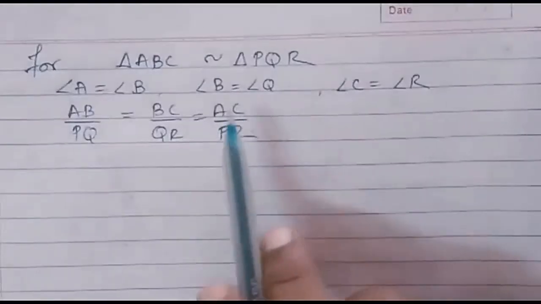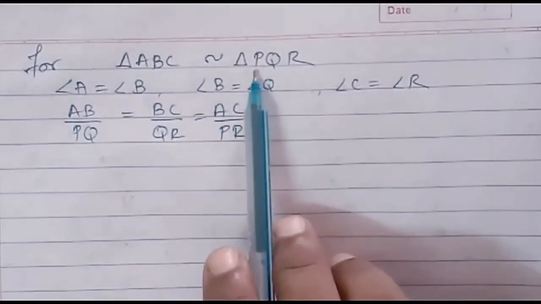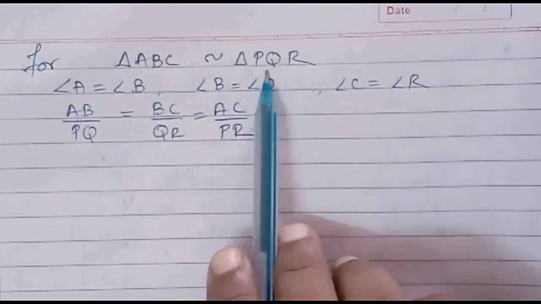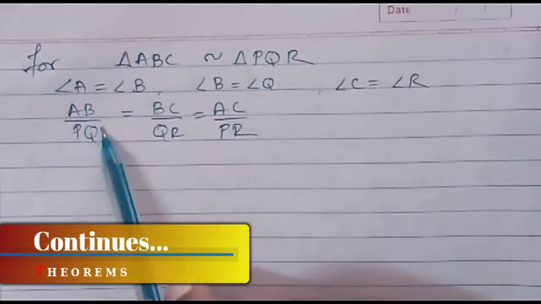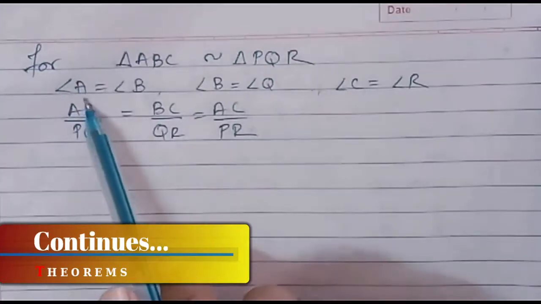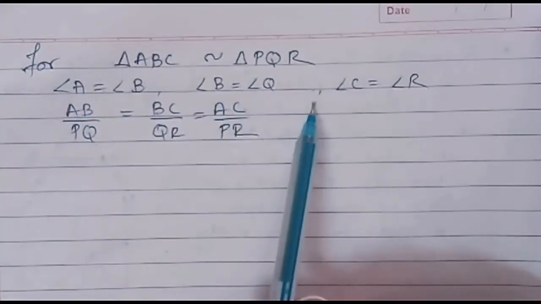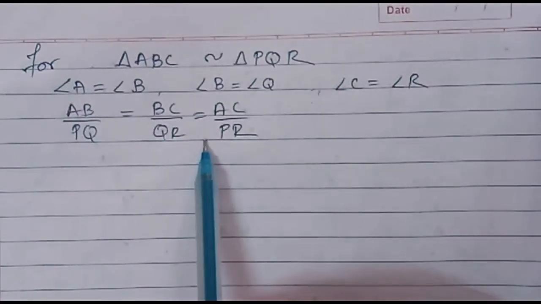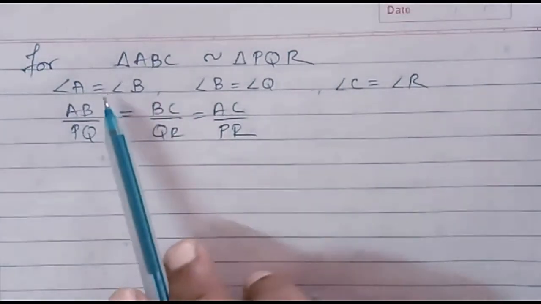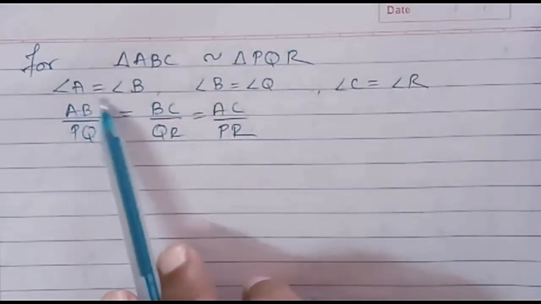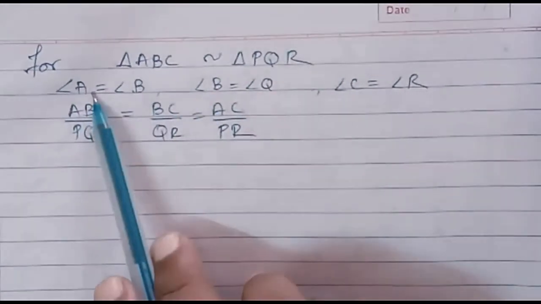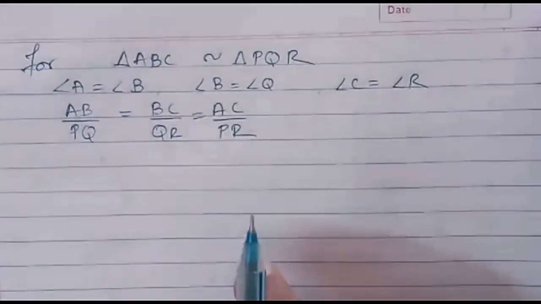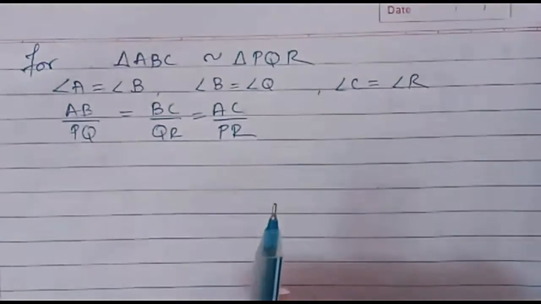DO. As I have told you, according to the definition of similarity, triangle ABC will be called similar to triangle PQR only if two conditions are satisfied. Those are corresponding angles should be equal in measure, as well as the corresponding sides should be in proportion. But suppose, just guess if you are not been given all these 6 parts, that means 3 angles and 3 sides. So at that time we have few more results to understand this.